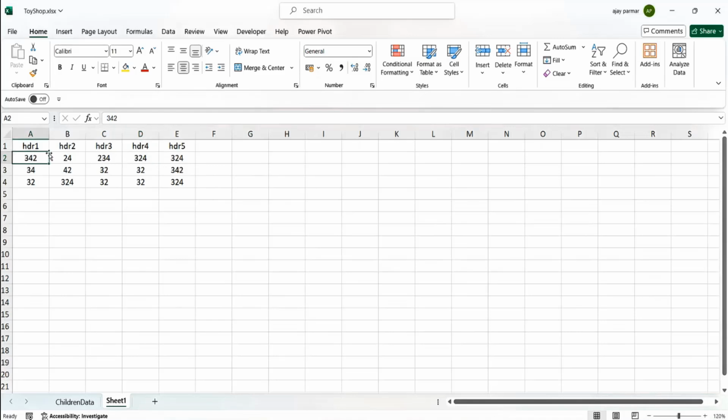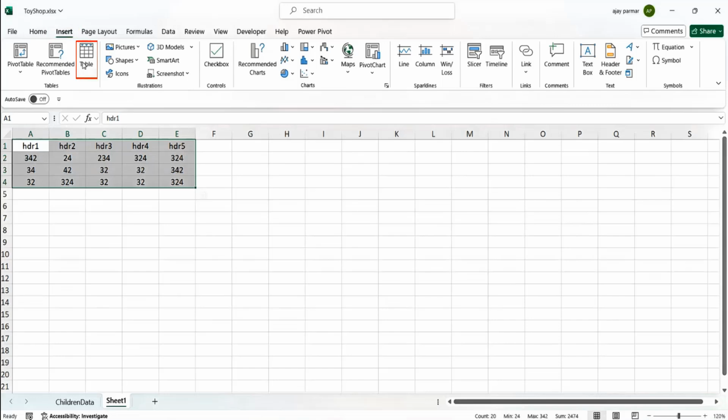So for that, what we generally do, this is a normal data. You just go and convert this to Excel tables. Now, table is not a new term. It should not be a new term for you if you are working in Excel. But still, I tell you, basically, you go in the insert and you say, I want to create this a